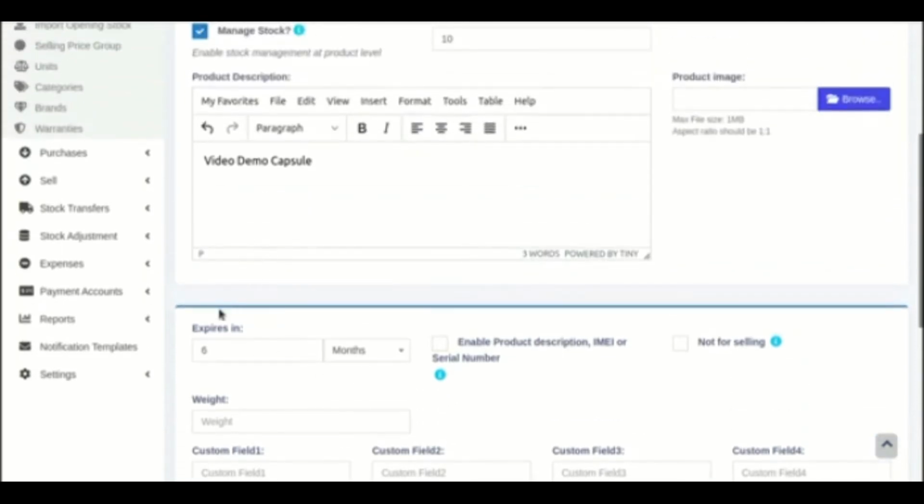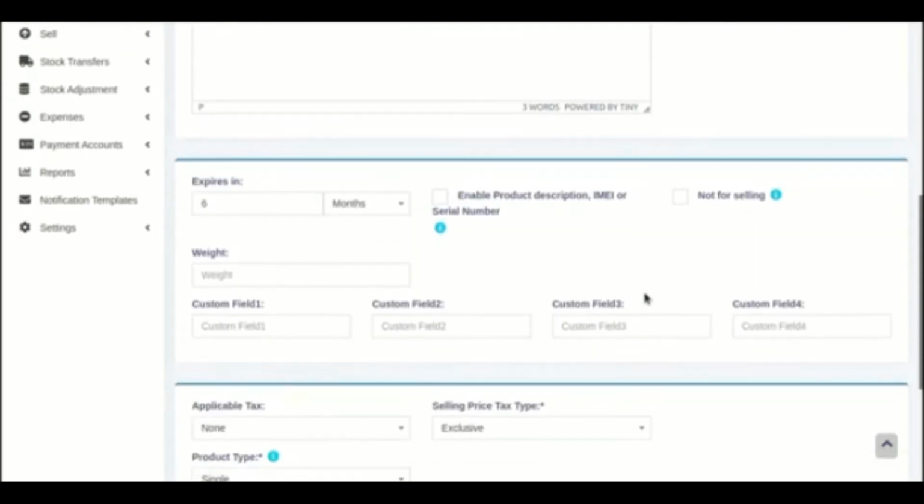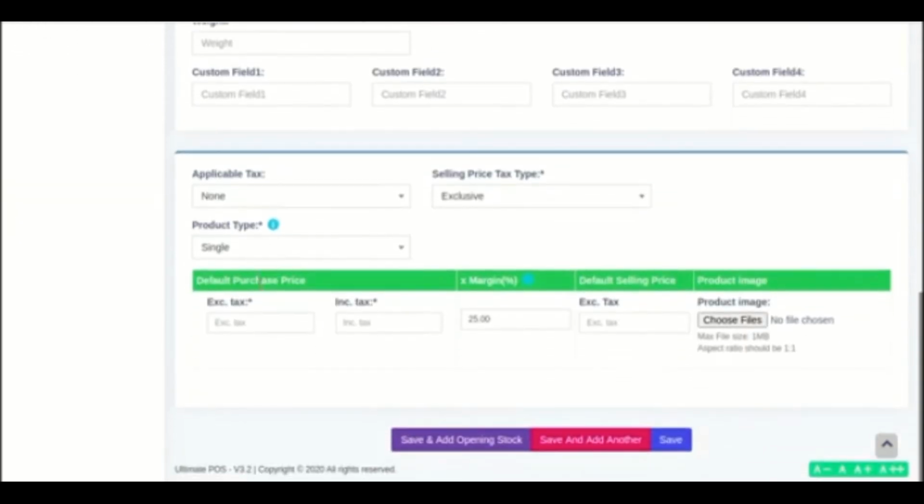We have a detailed video on how to use this expiry date. You can check out that video for all the detailed explanation on the expiry date. I can enable lot number, like if it is not for selling, I can select this one. Let me leave all this as blank.